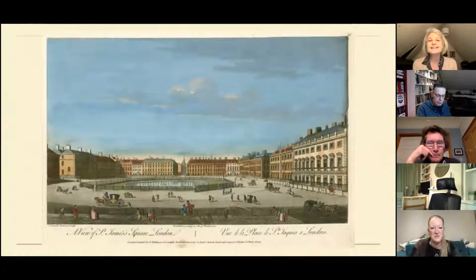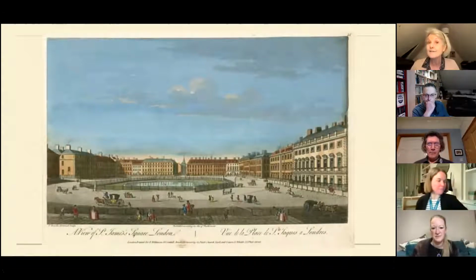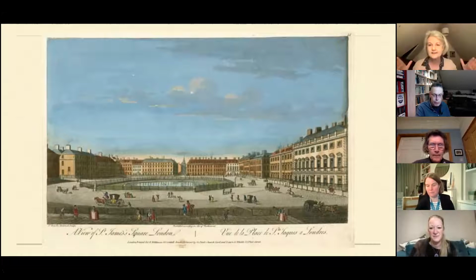But the square didn't stay as uniform as it had when it was very first built. Soon people started to pull down their houses because they were given freeholds. That was very important about St. James's Square, and to rebuild new ones in the newest taste and style. So if you look at this view, same view of the three sides of the square looking north,